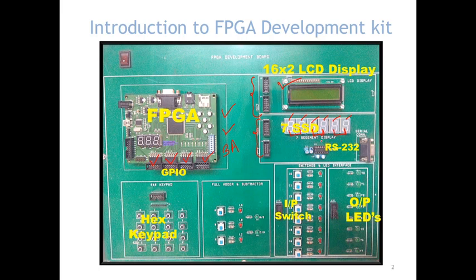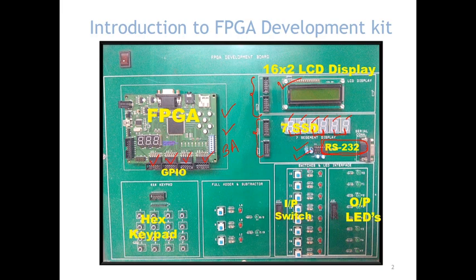Similarly, an advanced interface we are giving is the serial protocol RS-232. RS-232 has various applications, and this is a very basic protocol used in many applications. Using the RS-232, we can interface the ZigBee module, we can interface the GSM module, and whatever devices support this RS-232, we can try to communicate using it.